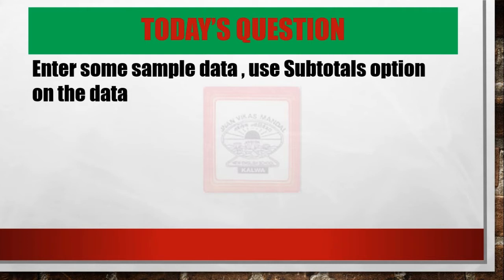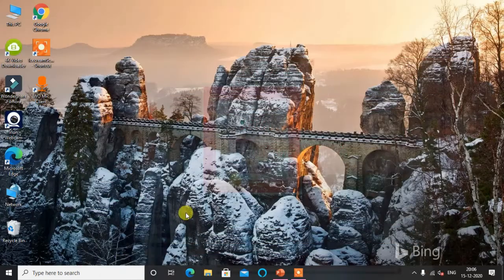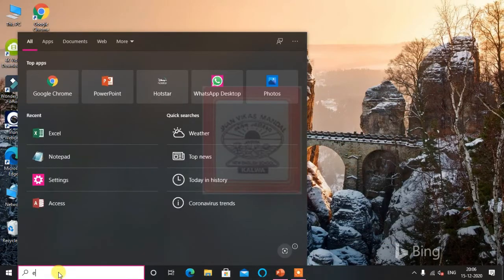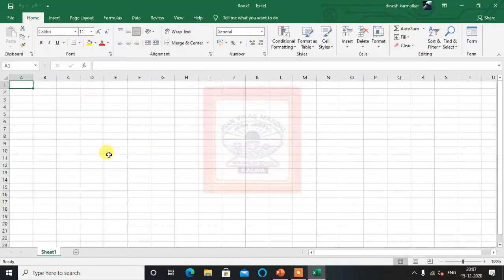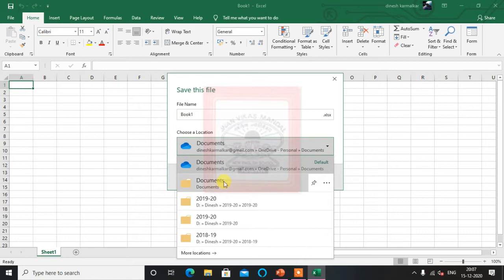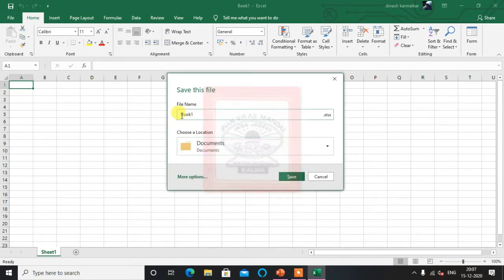So first I will open Excel, a blank workbook. I will save this file first. I will give its name as subtotal, because we are going to see this feature, subtotals.